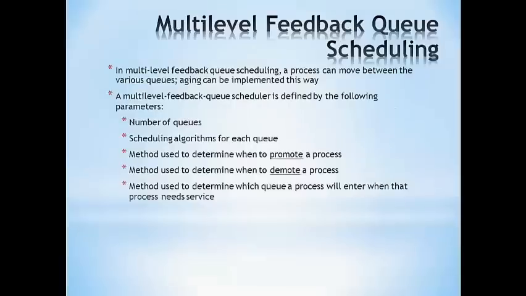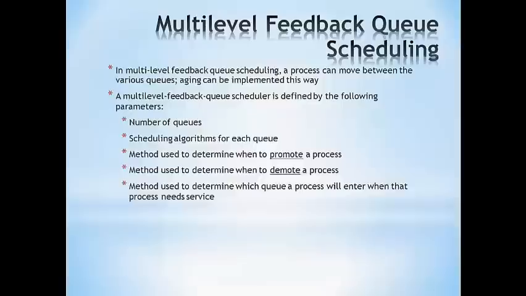So now let's start with multi-level feedback queue scheduling. In this algorithm, the process moves between different queues depending upon the different CPU burst times. Here, queues are assigned a different priority depending upon the time quanta. That is, the lower priority queue will have the minimum time quanta. Here, if a process waits too long in a lower priority queue, then it can be shifted to a higher priority queue so that we can avoid starvation.